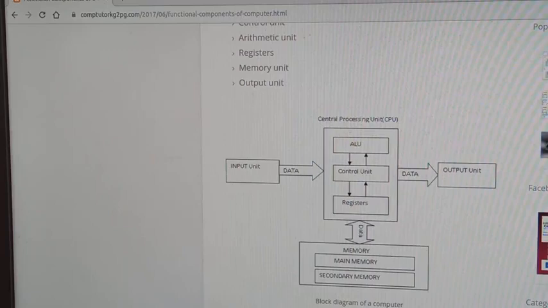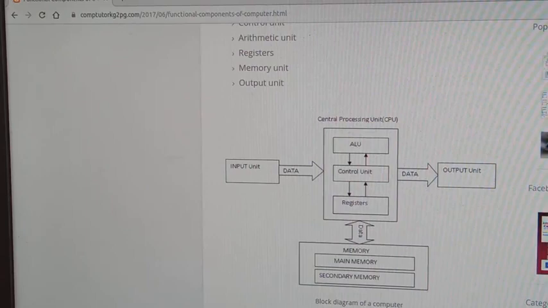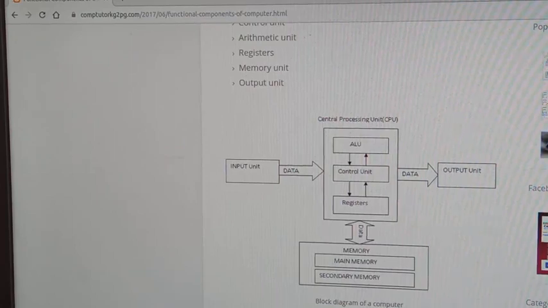There is some difference between main memory and secondary memory, so listen carefully. Main memory is our primary memory; RAM and ROM come under the main memory category. Secondary memory is like our hard disk, pen drive, CD, DVD. One important point is that secondary memory is very large compared to the main or primary memory. Secondary memory contains huge amounts of space, but the main or primary memory contains only a small amount of space.